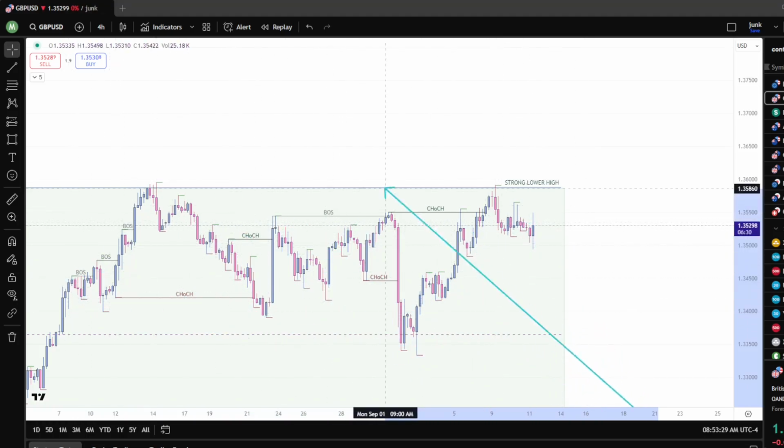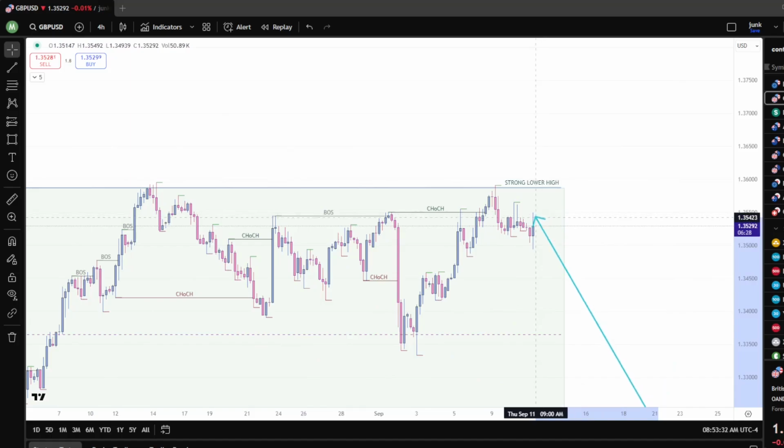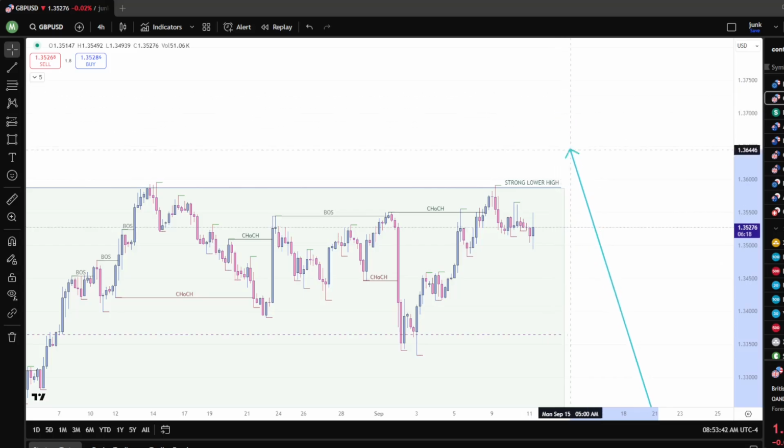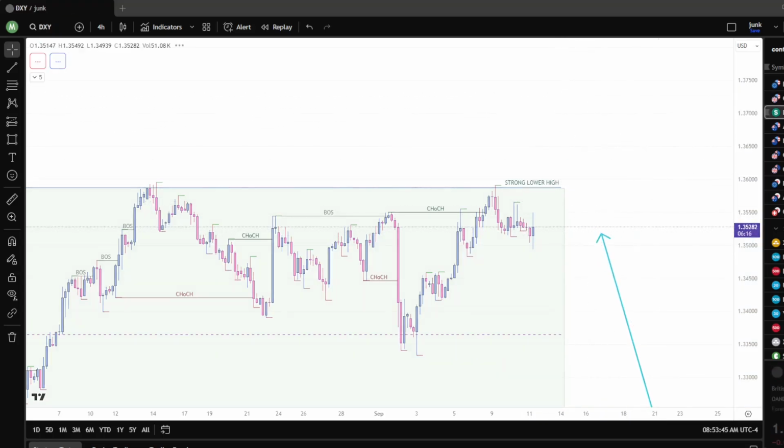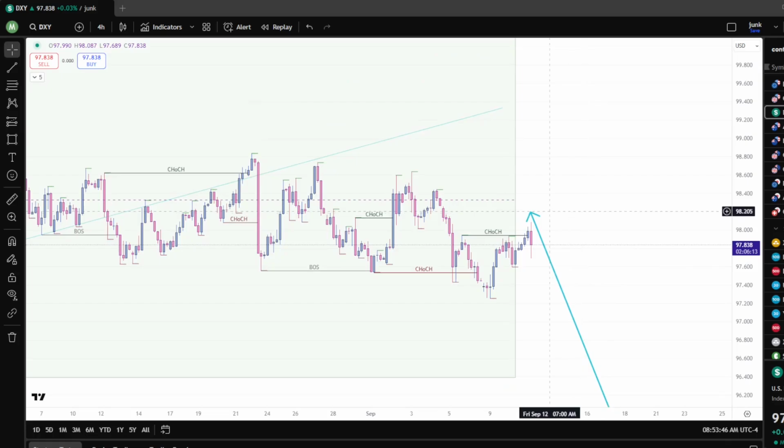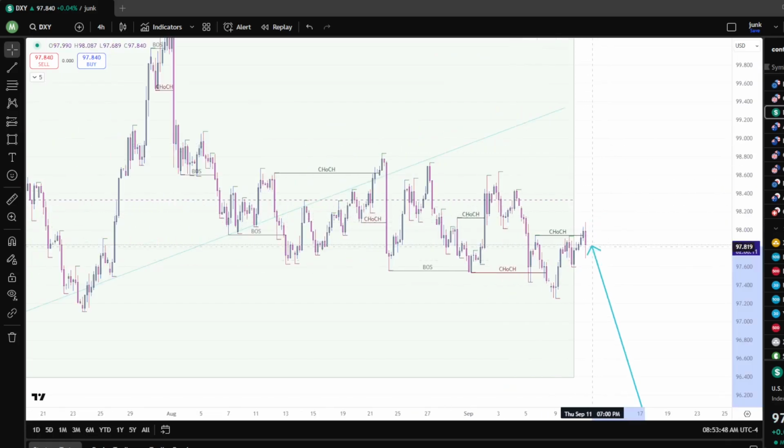Like I said, with this being support, with this being resistance, waiting to see if there's any type of momentum that can push past this lower high, depending on, again, how weak the dollar is going to get. I'll be looking for any type of buying opportunity. If it's able to do that, look for any type of retracement and try to take it to higher prices. And as we're talking about the USD, the DXY